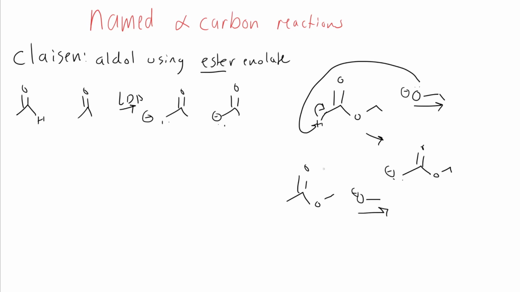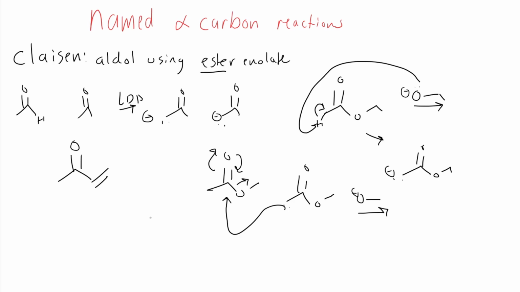Deprotonate it. A key point with these Claisen reactions is to recognize that they're reversible condensation reactions, just like aldol condensations. But whereas an aldol condensation would form an alpha beta unsaturated molecule, a Claisen condensation will not form this alpha beta unsaturation. And this is due to the fact that when this hits itself, we hit the enolate right here,